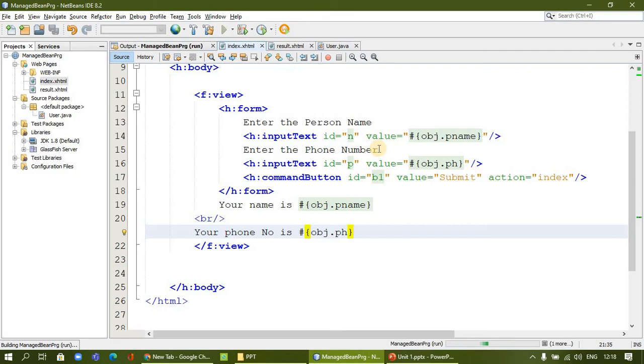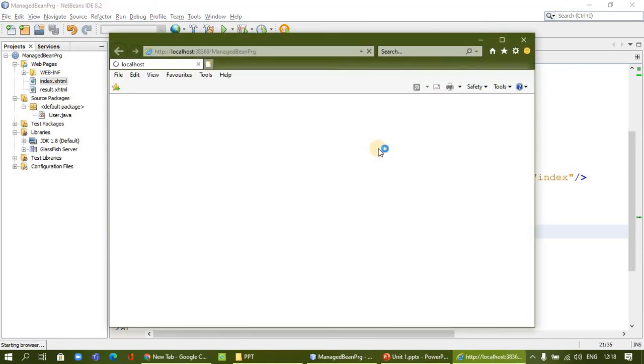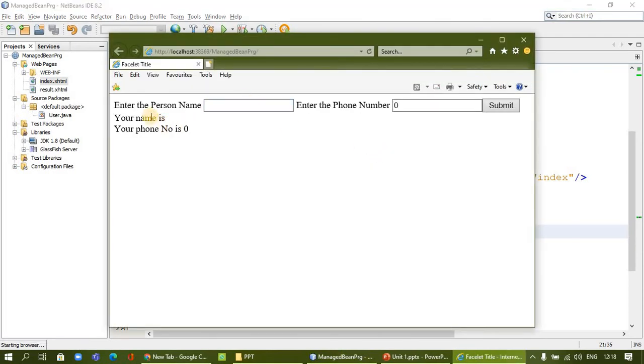Previously I tried to access the value in the next page, and in the next page the value was not coming. At the beginning there is no value. So if you give the name and phone number and submit it, what happened?